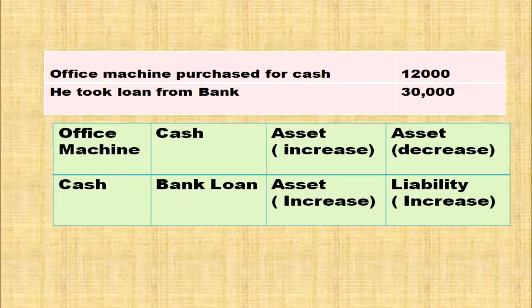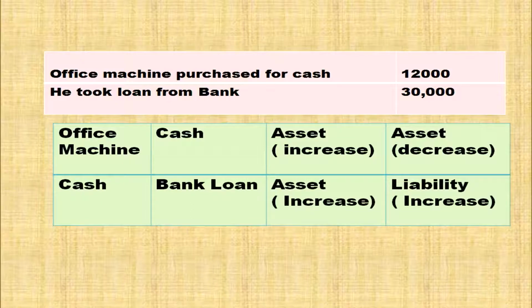Took loan from bank, rupees 30,000. Loan is taking means cash is coming inside the business. Cash and bank loan are the affected accounts. Cash is an asset. Rule for asset account, when it is increased, it is debited. So cash account is debited. Bank loan being a liability, it is increased. Rule for liability, when it is increased, it is credited. When it is decreased, it is debited. So cash account and bank loan account are the affected accounts and cash account is debited and bank loan account